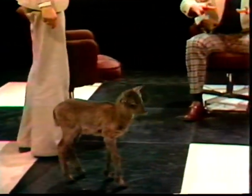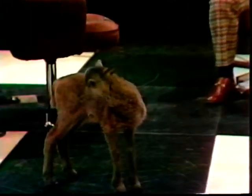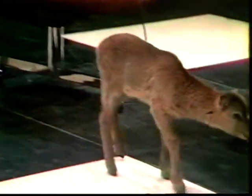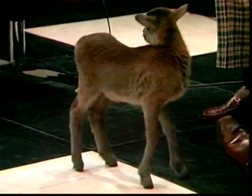And when it gets big, it'll be very much like a mountain goat from this country, very large, with massive horns, very beautiful. Seems to be a friendly little animal. Yes, it is. At this age, most of them become imprinted to the human people that take care of them, and they do become very much human-like. Hopefully, once they get larger, we'll reintroduce it to the herd structure, and it will then become more...